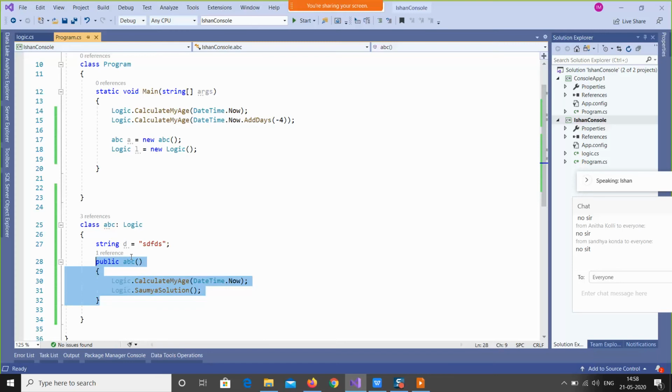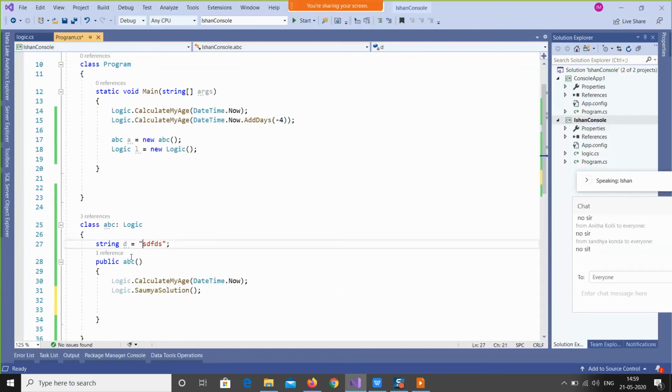Okay. So in this ABC class I had created the constructor. It is actually used to initialize your members, or you can say your fields. Whatever you have assigned, this string d is equal to some value, it actually assigns when the class runs. Right now you are just declaring here, but when the class runs, it will initialize the values to their objects. Till then, not.